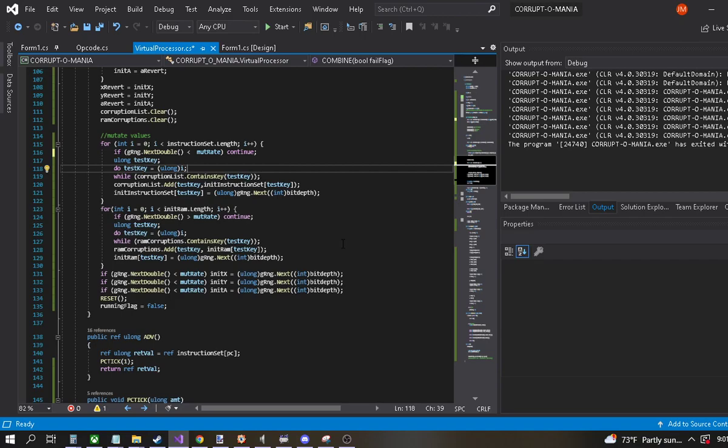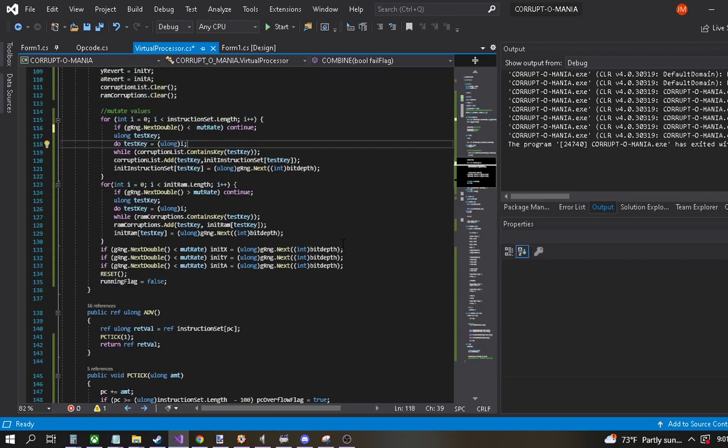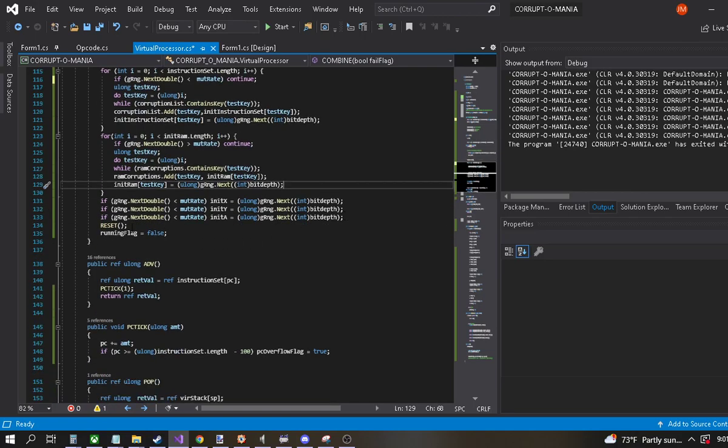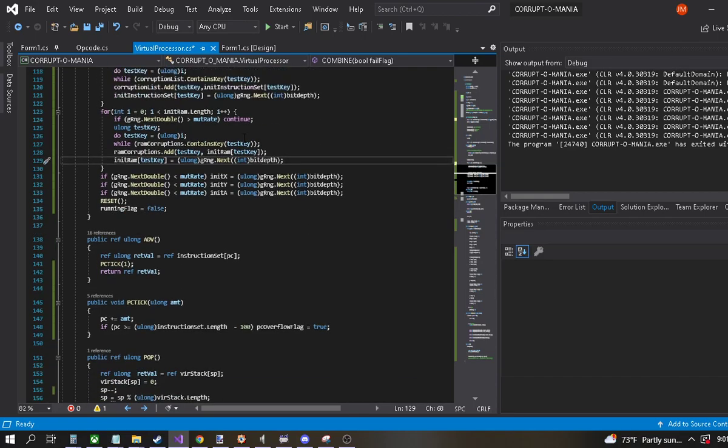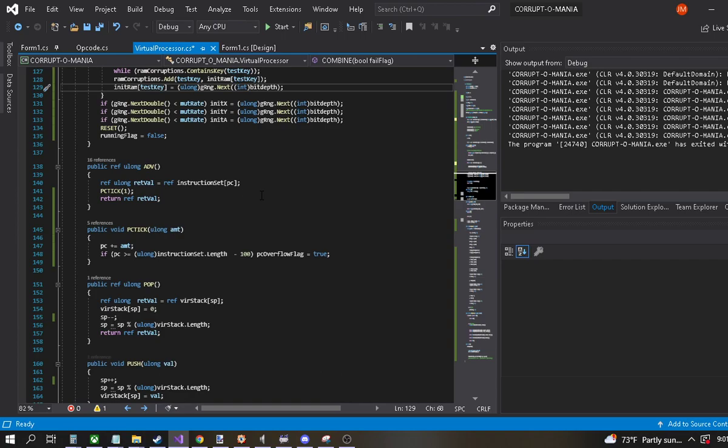Huh. Okay, well, I'll have to look at that at least. Because I've rearranged and changed all this code, but the same thing goes for the initial RAM, and then we run the mutation against the initial X, Y, and accumulator, and then we initialize, and then we set the running flag to false so that this can run again. So advanced just means